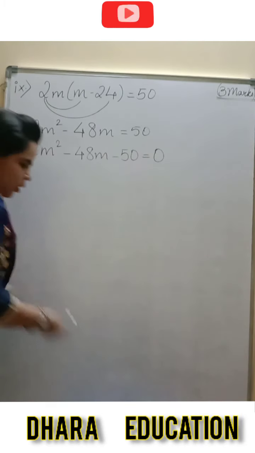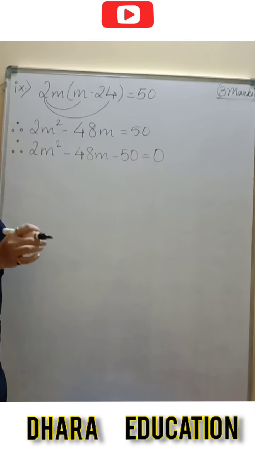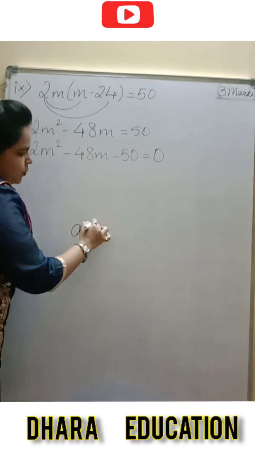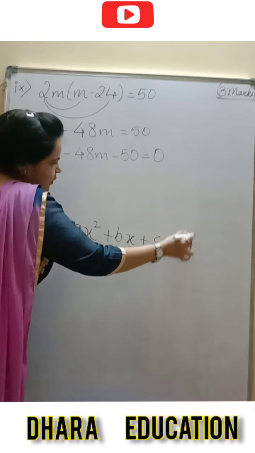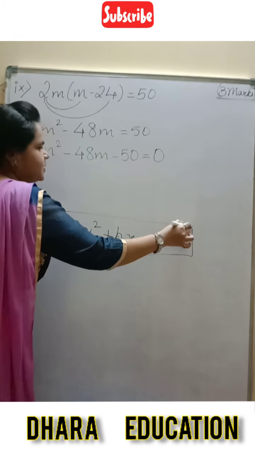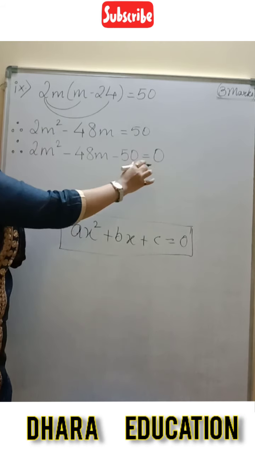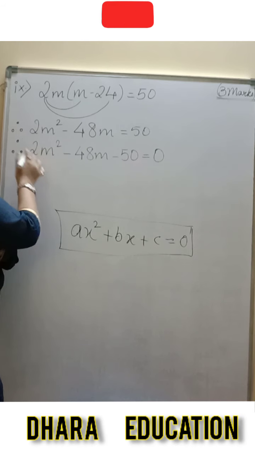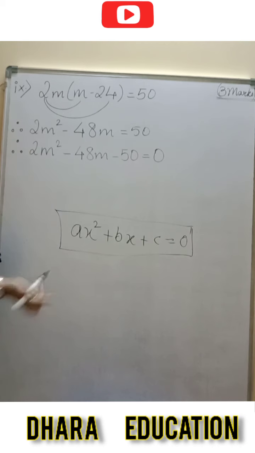Okay. On the other hand, now we need to make one possible thing, that is the standard form. Yes students, we have to make it in the standard form. This is our standard form which we should never ever miss. Okay. So for converting this particular thing into the standard form, the variable should be only variable. There should not be any numbers with them. So for removing this number, we need to divide by 2. Okay. So let's start.